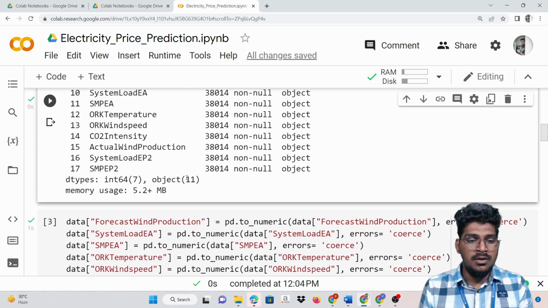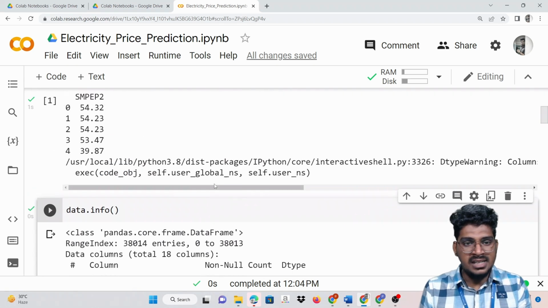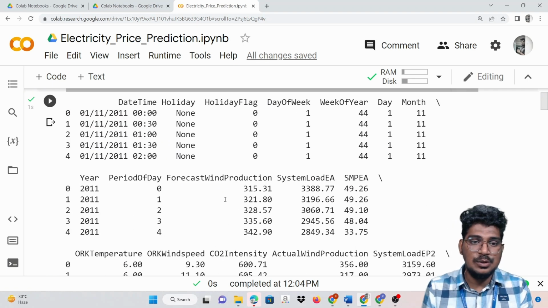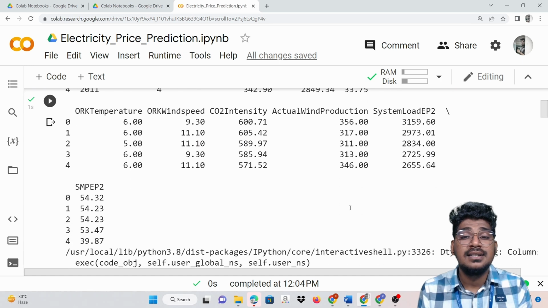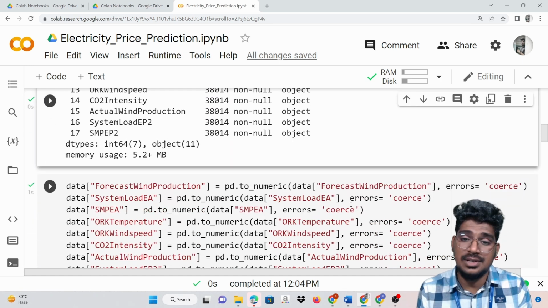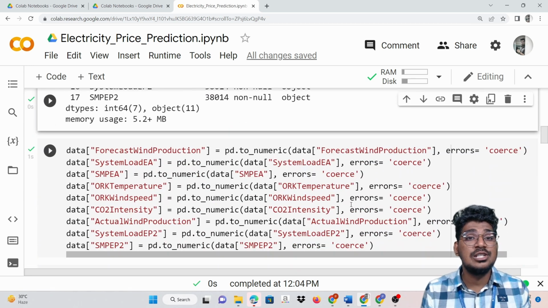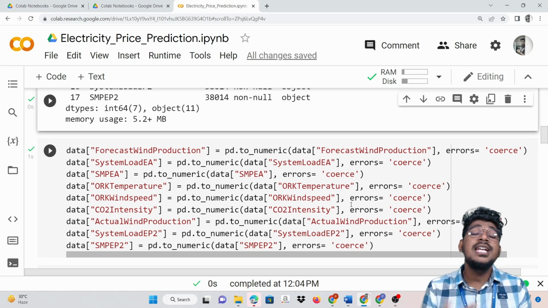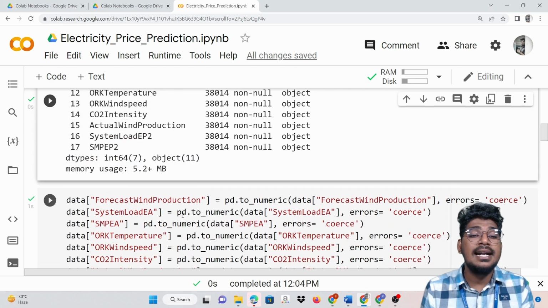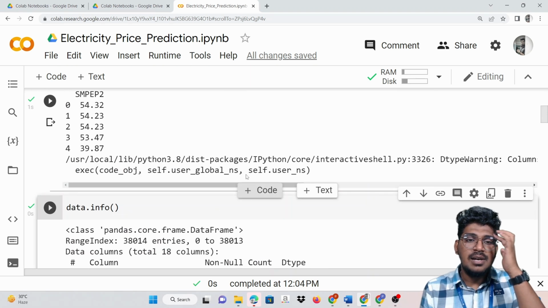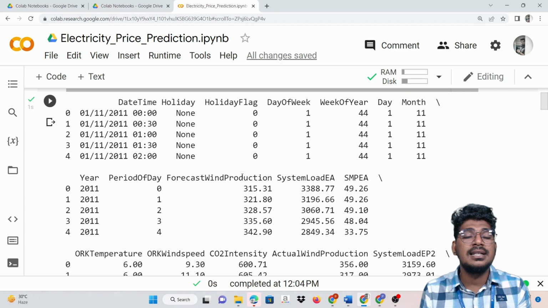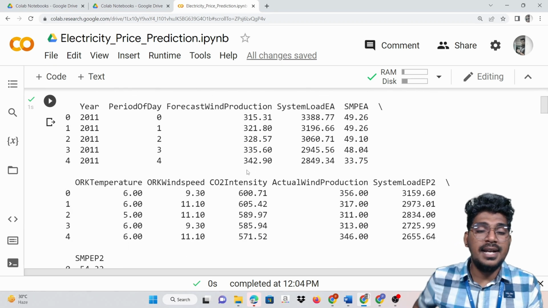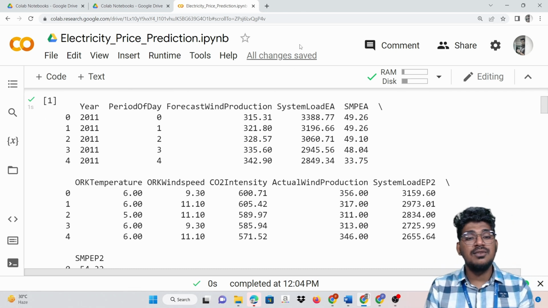So now you can see here, once the data set is loaded, some of the values definitely come as strings. That means it is not in a numerical format, but we are going to see the numerical format. So we need to convert some of the features of the data set into the numerical format, that means integer or float. We need to change the data type here. That means how we can convert to the numerical format.